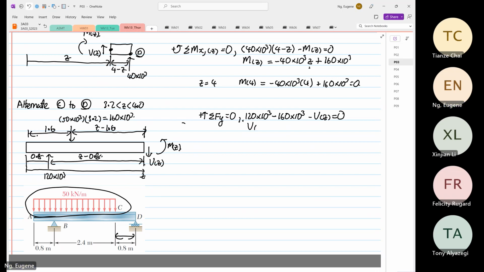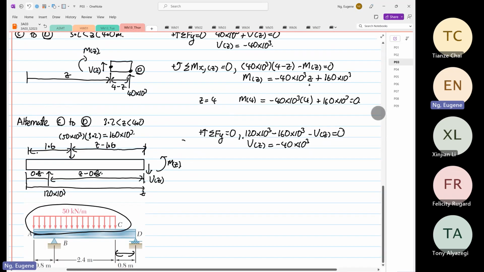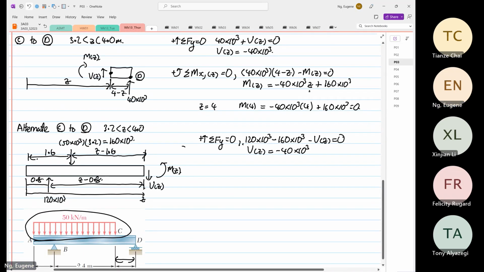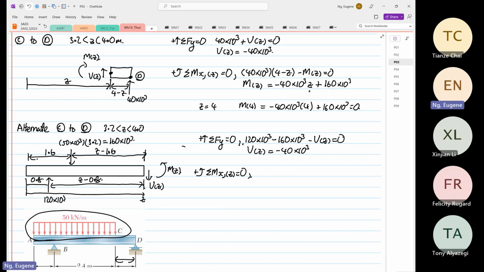So V(z) is equal to minus 40 times 10 to the power 3. Okay, exactly the same. Then we look at the moment. Okay, so much more components now, right? So when we do the moment, right? Fortunately, we get all the distances right. So minus 120 times 10 to the power 3